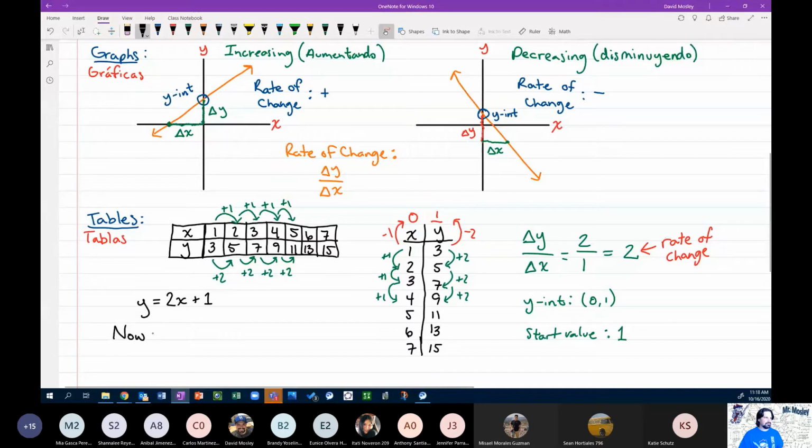Now plus the rate of change, dos, tasa de cambio, is next starting at our valor inicial, the start value, 1. So we have the two types of rules. Right? Tenemos los dos tipos de reglas, regla simbólica y